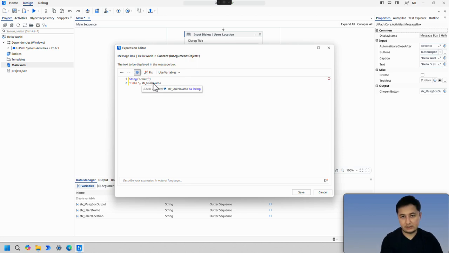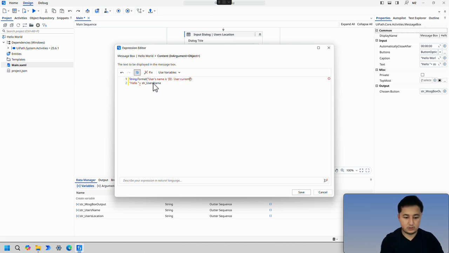We can say something like the user's name is, we put 0, so the 0 is used so that we're gonna replace something at runtime. So user's name is, let's just do single quotation, period, user